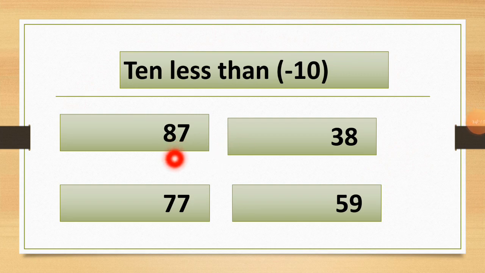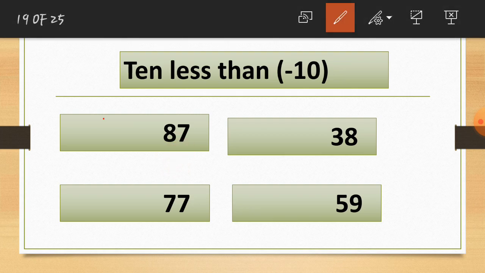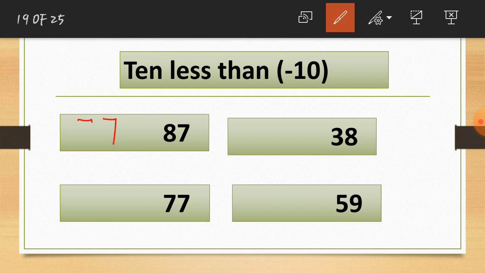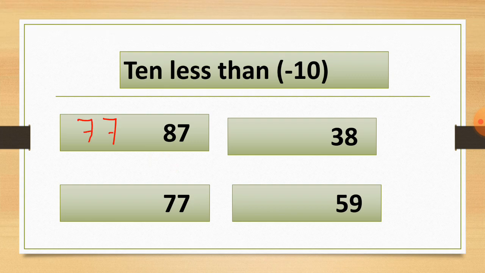Here is one more example. Here we have to cut numbers, and we are using the shortcut method only. The ones value I write as it is first. Here the ones value is 7. You can see I write this 7 as it is, and we have to cut one from the tens value. Here 8 is at the tens place, so we will cut one from the 8. So 8 minus 1 is equal to 7. So we get the answer 77. 87 minus 10 is equal to 77, and this is so easy.